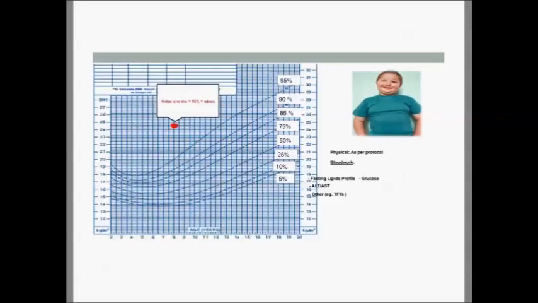So I think the very first thing we have to do is plot him on the graph. And as you see here, Aiden is in the greater than 95th percentile. Because of that, he's considered obese, and I believe he falls into severely obese if you look at the tables that show that. So what I would do with Aiden is I would worry about comorbidities in these children. I would check the blood work, such as the hemoglobin A1C, a comprehensive metabolic panel, thyroid functions, fasting insulin level, vitamin D, and anything else that would make me suspicious.